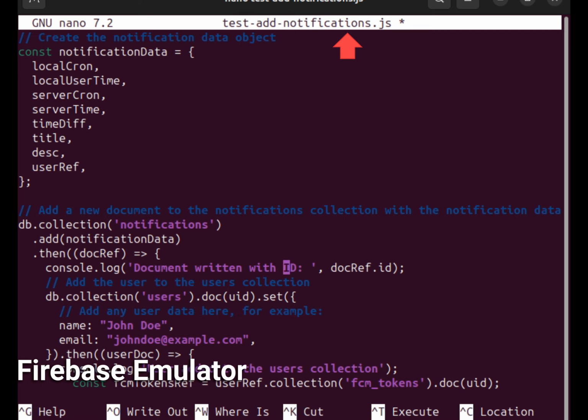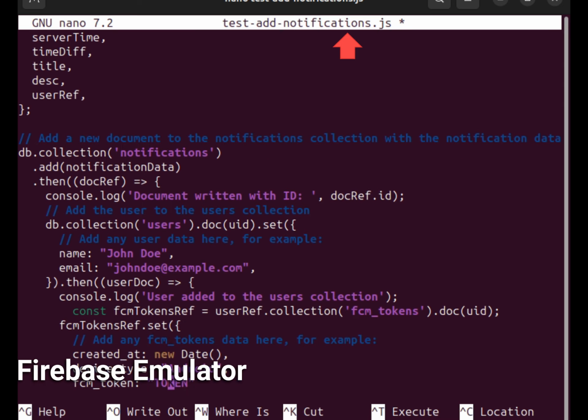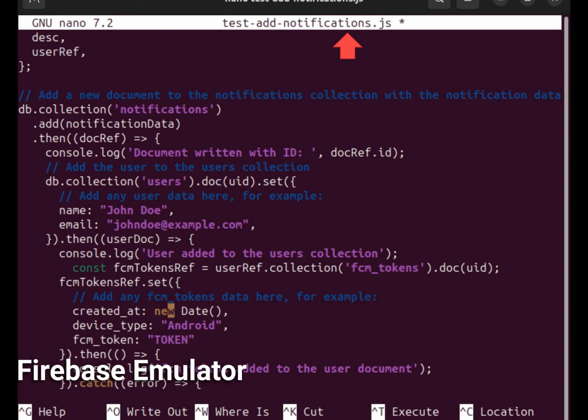We are getting the ID of the document, and then later we are also adding the new user inside users, because the database will be empty when we start the emulator. So that's why first we're adding the notification document. The second, we're adding a user inside the users document. And finally, we're actually adding